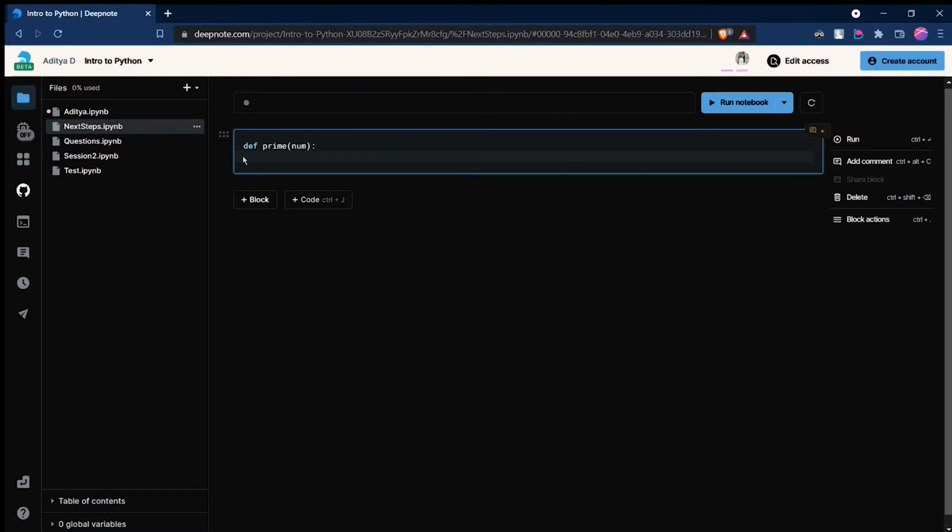All the lines that are 4 spaces away, basically indented by a tab, are said to be within a block of code. In C and all other languages, you'll usually use curly brackets, and they define how a block exists. But in Python, it's based on the space. So Python is very space sensitive. We have to keep that in mind. So here num is a specific number they've given us.